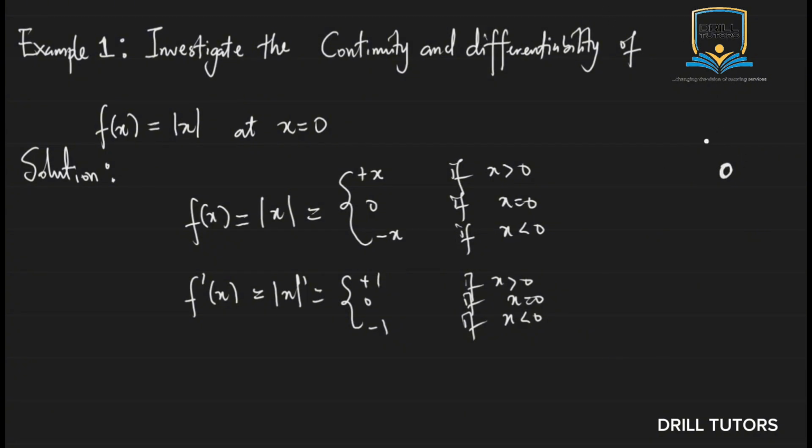Now, if you check what is happening when x is approaching 0 from the left, that is when x is less than 0, and you check what is happening when x is approaching 0 from the right, that is when x is greater than 0, from our definition, the value of the limit of this function as x is approaching 0 from the right is +1, and as x is approaching 0 from the left, we have